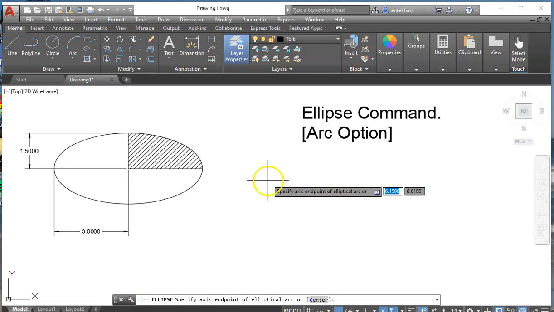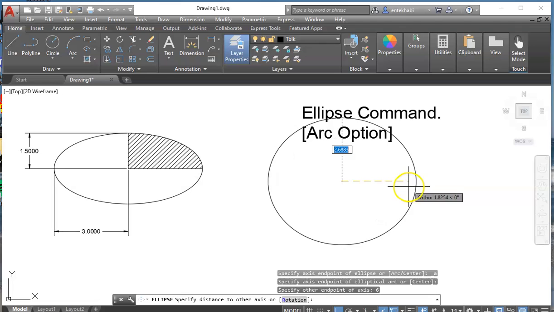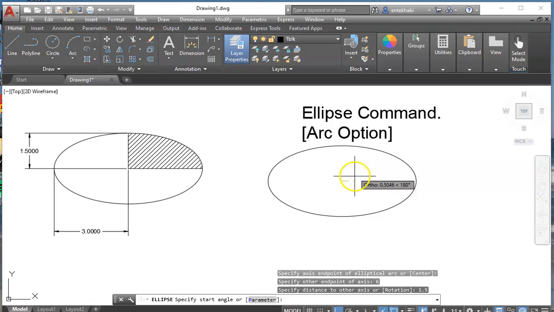In this case, we'll select the point, and for the second point I'm going to use the same number we used before, which is 6. I will type 6 and press enter, and the upper direction would be 1.5, very similar to the first option of the ellipse. Now, at this point, it doesn't finish the process. We expected to complete the ellipse at this time, but since we have selected that third option, the arc option, it is now waiting for me to define more